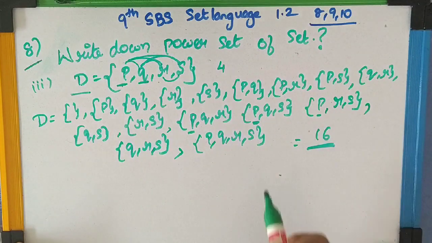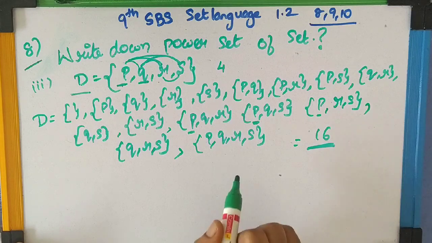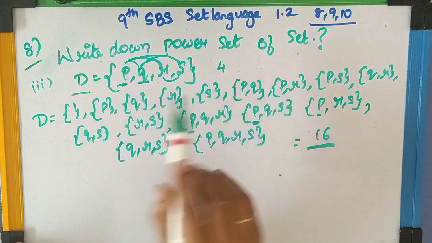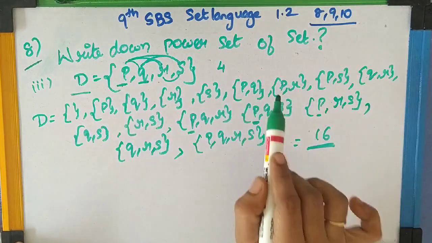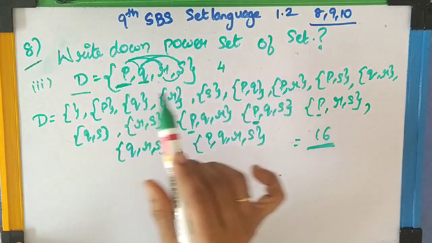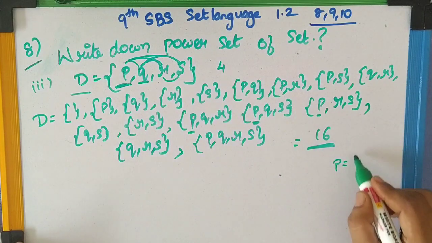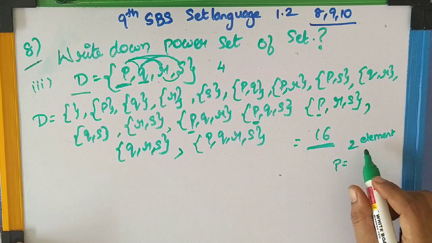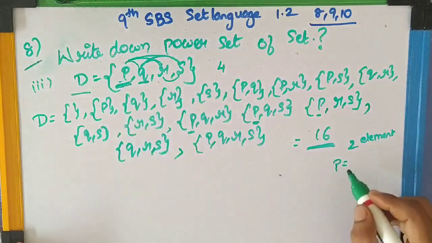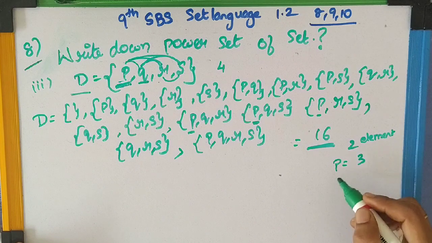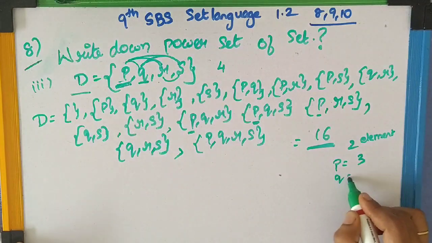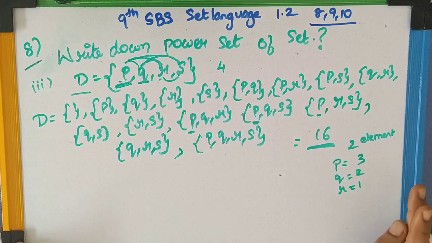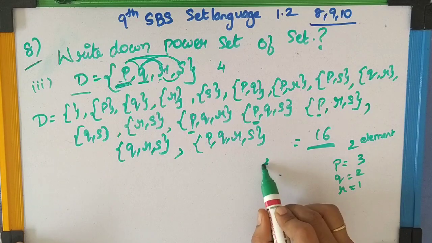Okay. Let me explain it to you clearly. The first set is a null set. Then we have to write all the single elements as single subsets, that is P, Q, R and S. Then combine two elements. Assuming a man standing on P and looking at Q, so PQ. Then he looks at R, PR. Then he looks at S, PS. Now he jumps to the top of Q and looks at R, so QR. Looks at S, so QS. Then he jumps to the top of R and he can see only S, so RS.